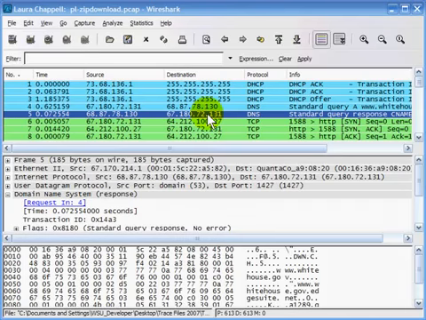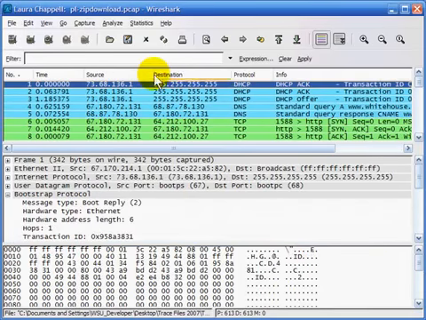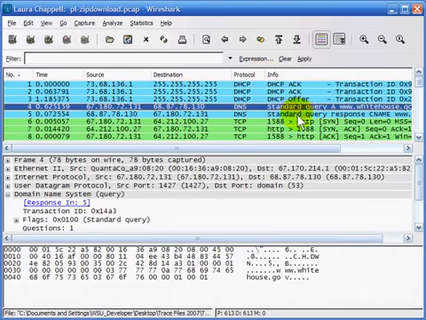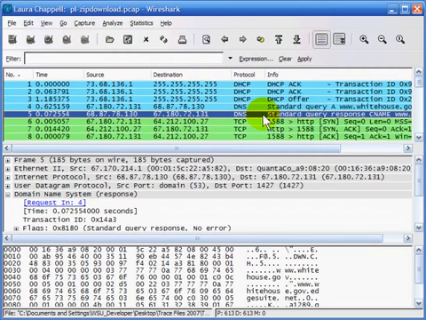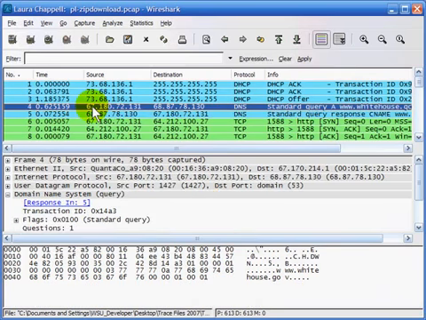Sometimes when you're working with Wireshark, you might want to open up packets side by side. For example, here I have a DNS query and a DNS response packet. There's the DNS query for whitehouse.gov, and here's the DNS response packet. And I might want to see those side by side just to compare the request and the reply that came back. Now I could open up a second instance of Wireshark and have those 2 instances side by side, or I can just use one single instance of Wireshark, and when I'm highlighting a packet,